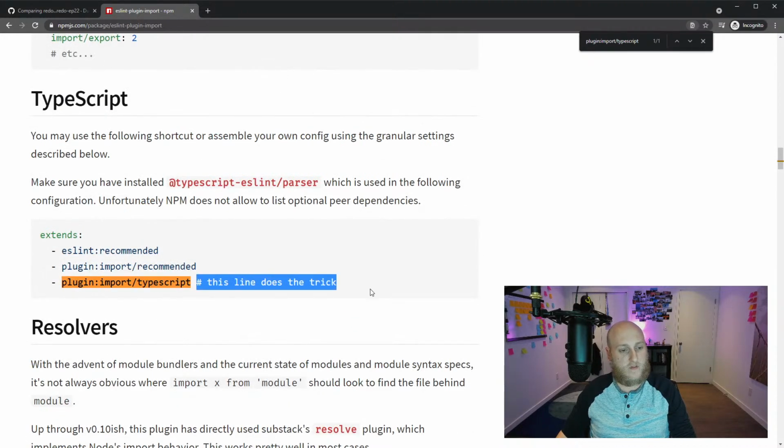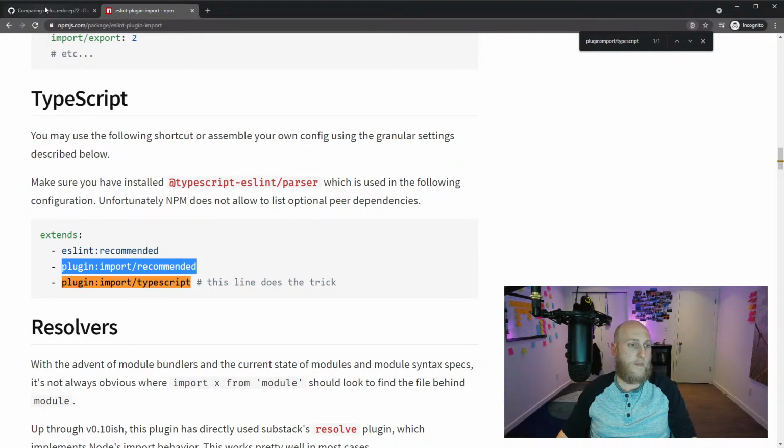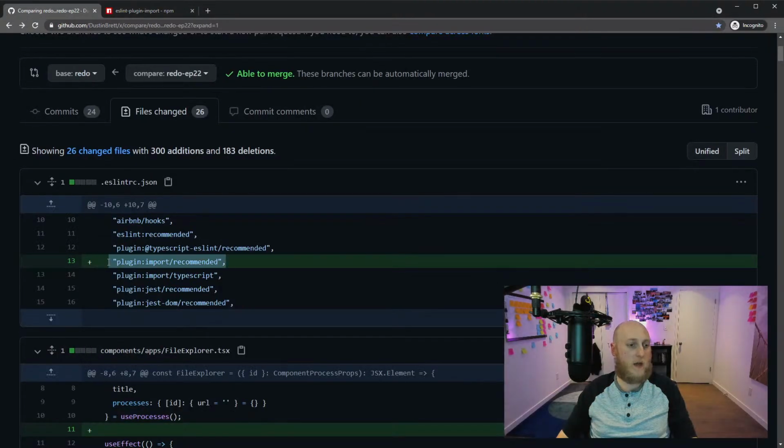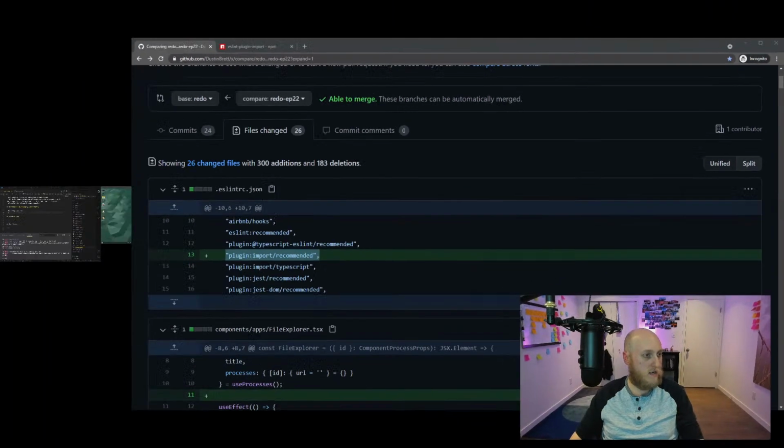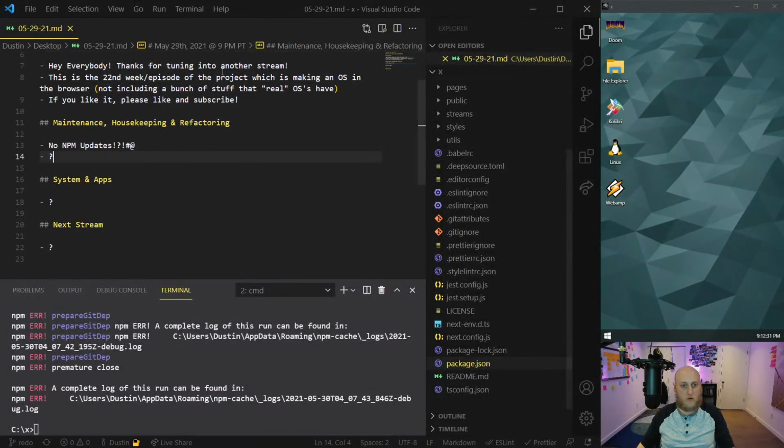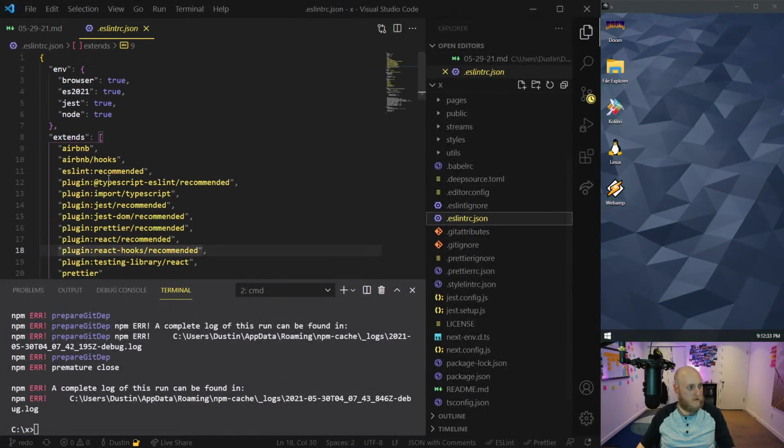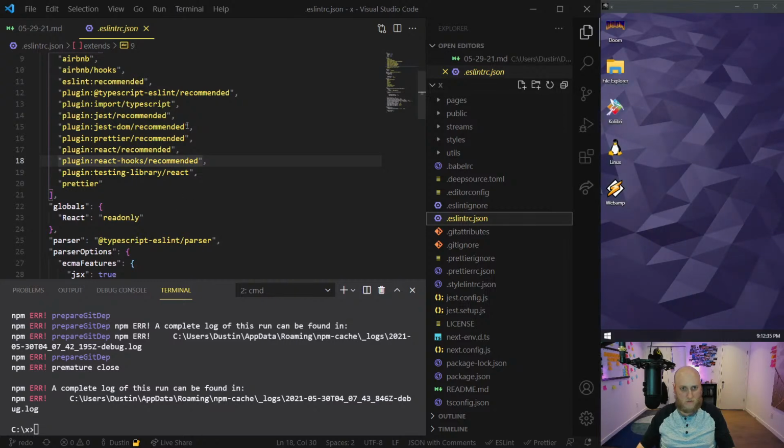And then I look down here, and I remember saying I need this. I think this comment threw me for a loop. "This line does the trick." Yeah, it does, but this one's good too. So anyways, let's just add that. I don't know if it makes any difference, honestly. I feel more safe the more ESLint rules I have. It makes me feel more secure.